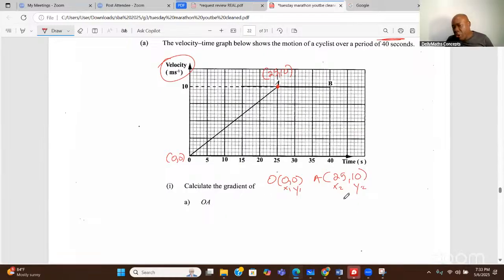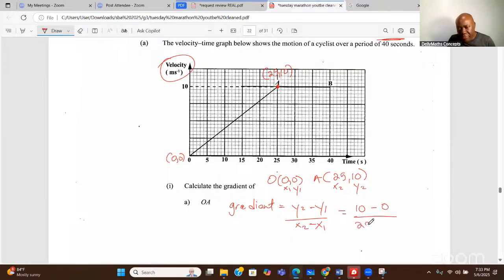The reason why I'm picking up the coordinates here for you is that's how you learned gradient. So I'm still letting you see that connection, that hey, I'm not on strange ground. I'm not even going to use any V1 because CXC marks for the concept, not the formula. So let it stay within your world. So in that world now, we can say gradient is equal to y2 minus y1 over x2 minus x1,